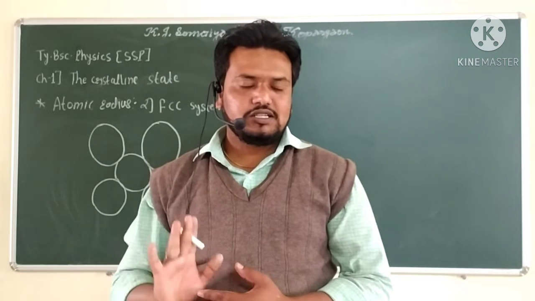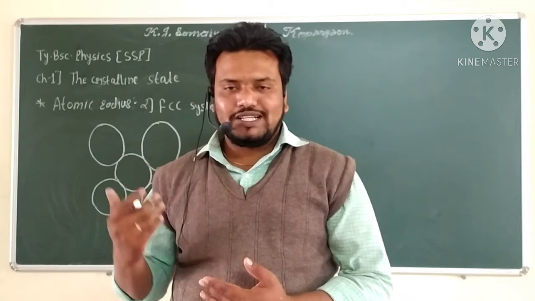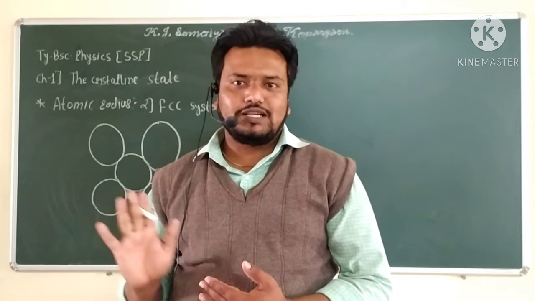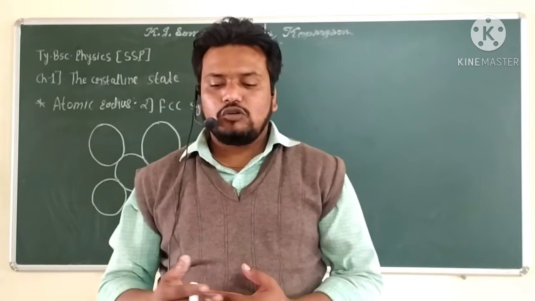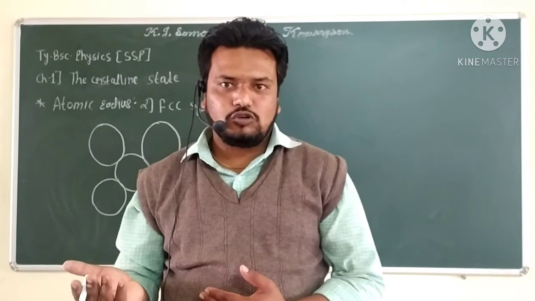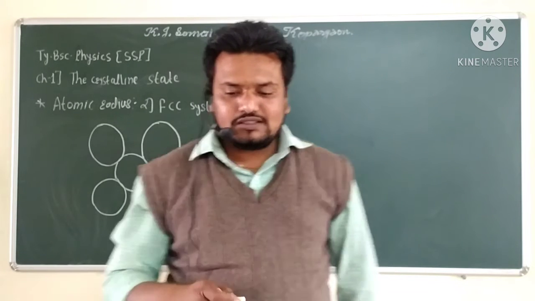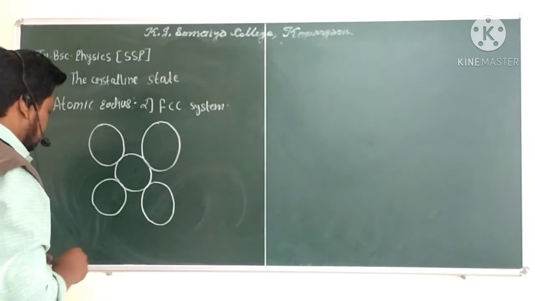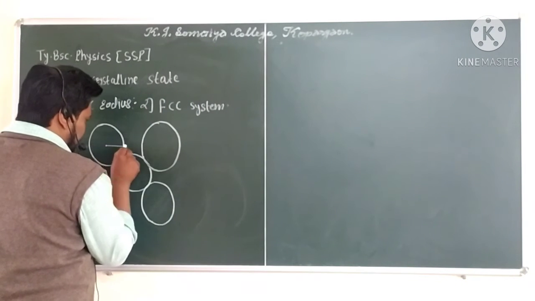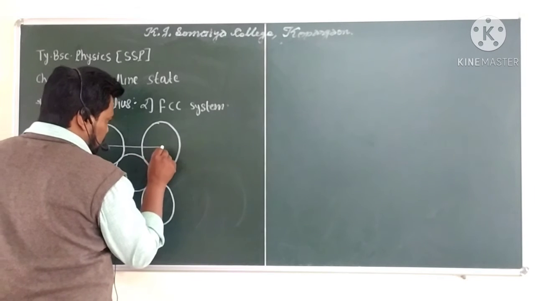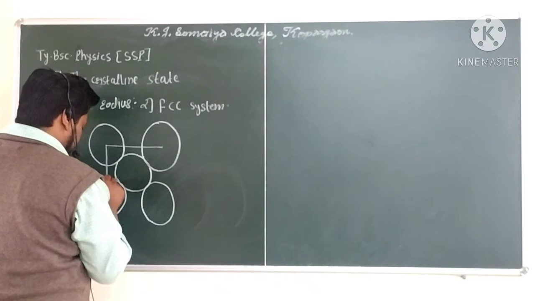In the last lecture, for the simple cubic system, we saw that the radius r is equal to a by 2. Now we want to see the idea for finding the radius in the face centered cubic structure. Consider this figure of the face centered cubic structure, where atoms are situated at the corners of the cubic system in this fashion.